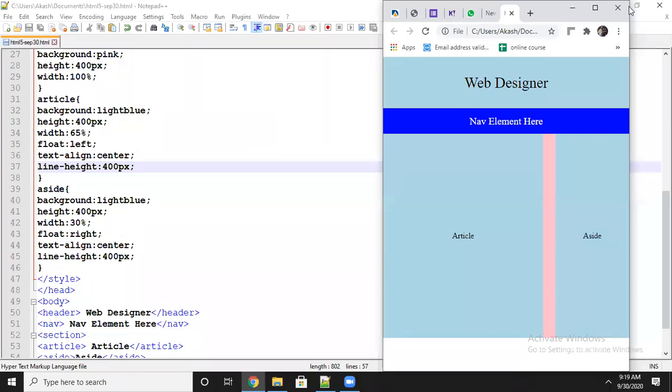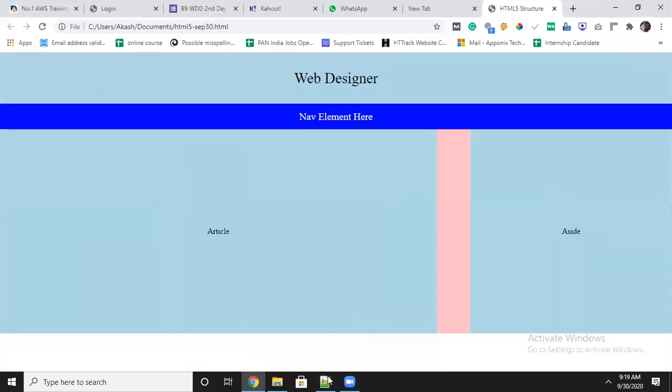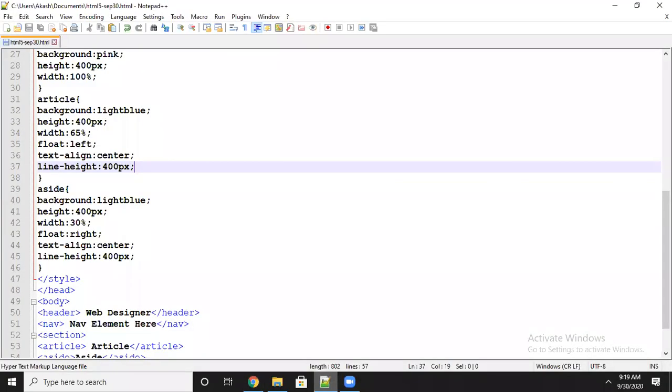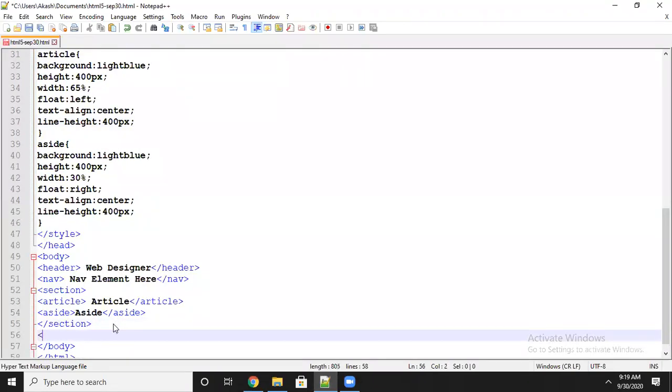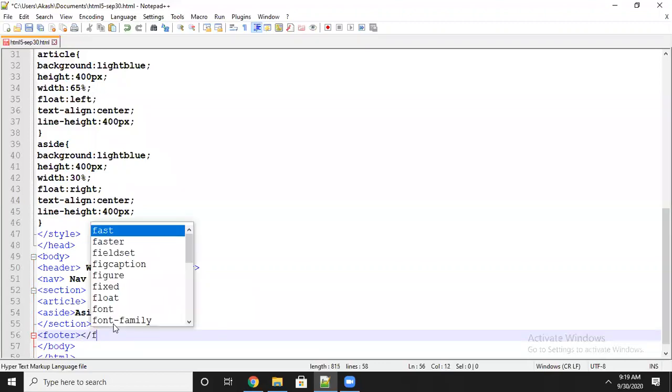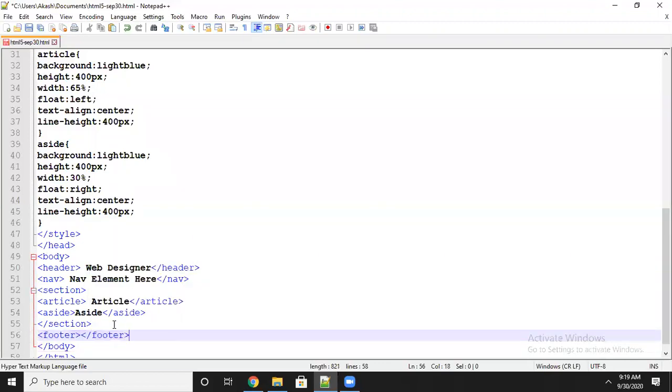Now the last semantic tag is the footer tag. I will use the footer tag after the last section. What has to be placed under the footer: designed by Appointex Technologies.